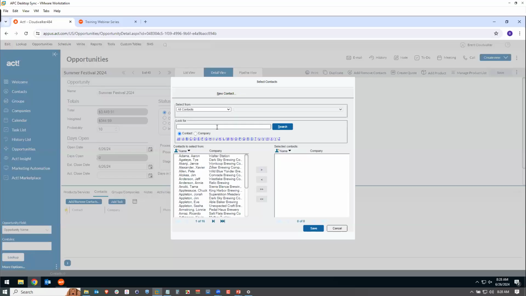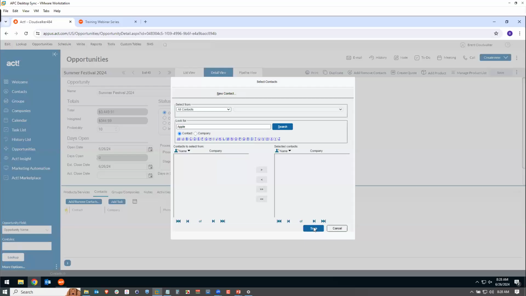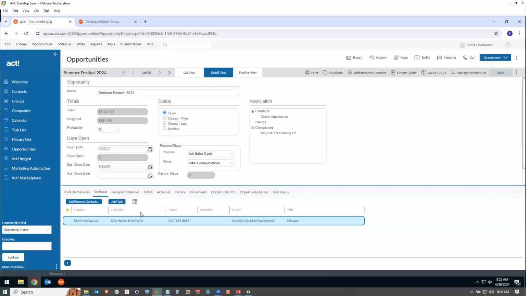I'll find somebody here. Let me just type in part of their last name. I'll enter Apple and click search. And we'll say this is for Chuck Applesauce. There he is. So I clicked his name and I've moved it to the right. And when I click save, ACT is going to do two things for me. It's going to add Chuck as my contact, but it's also going to add his linked company as a company